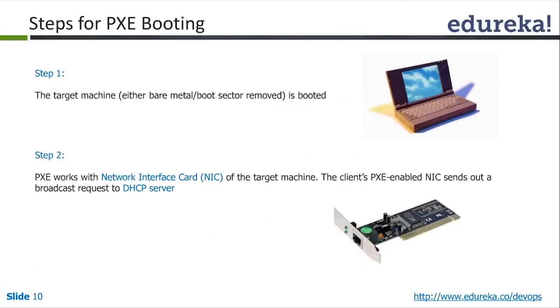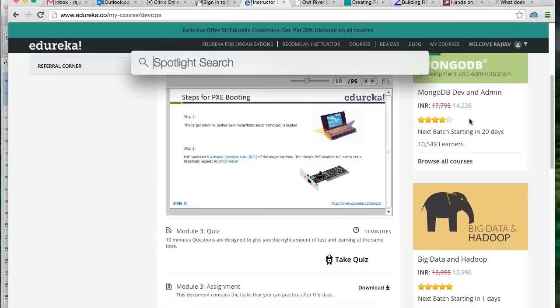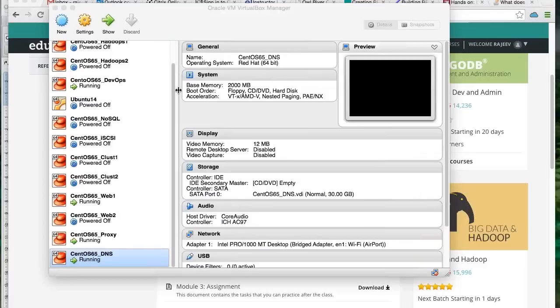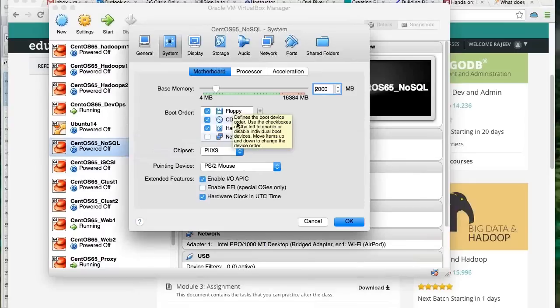So I think I did tell a lot about this. So how does this whole thing happen? There is a target machine. Sometimes it just helps a little to show you with the lab. I'll just show you a little bit. So if I take any of these machines, I'll just take one of these machines. And if you see here,